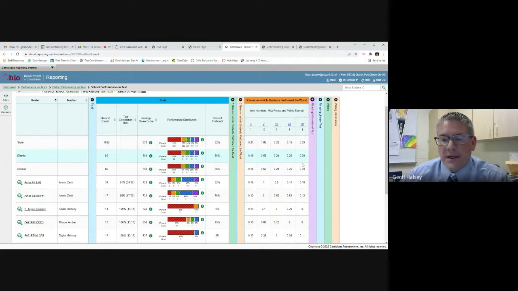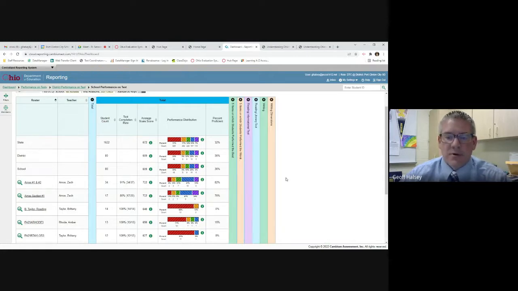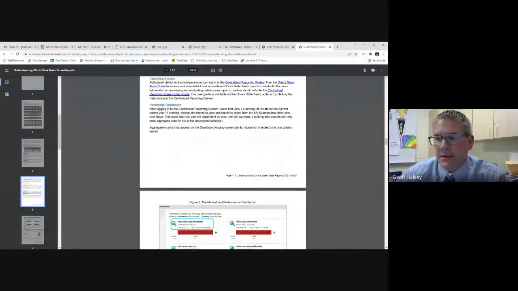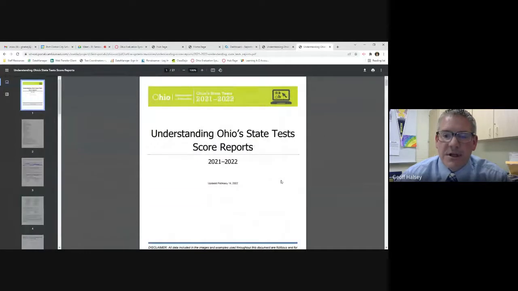So once again, not teaching to a test, but using the resources and the tools that are available to us, and being able to print out items and use those within our regular instruction of students to move them to those levels that we would like to see. So, in summary, this document, this understanding of Ohio State's test score reports. Yes, it's for Ohio State tests, but can be used absolutely within regular instruction within our classrooms to support modification